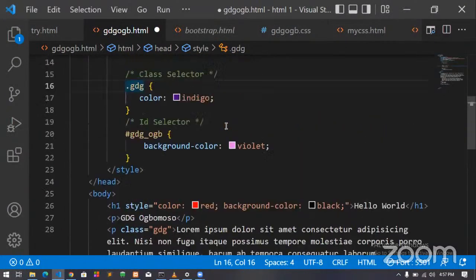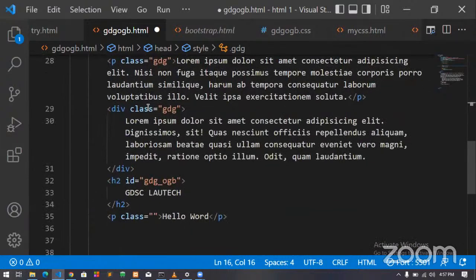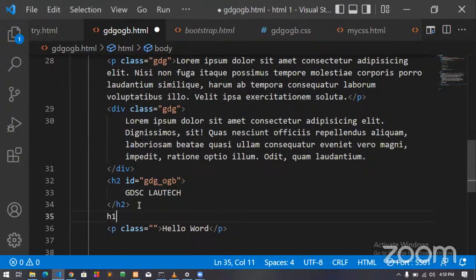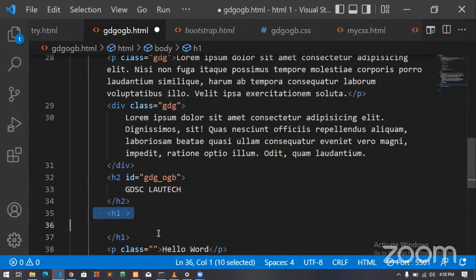Whenever you are using an ID on a particular element, that means you're saying this element is unique. So the ID you're giving to it is unique for that element in particular. As I already have GDG Ogbomoso as an ID, I am not supposed to have another tag carrying GDG Ogbomoso as an ID. It is very wrong.